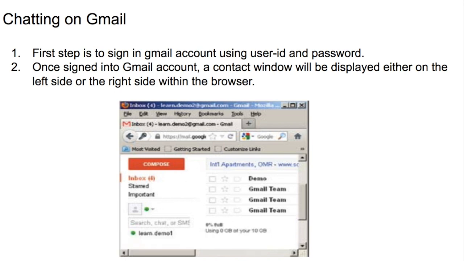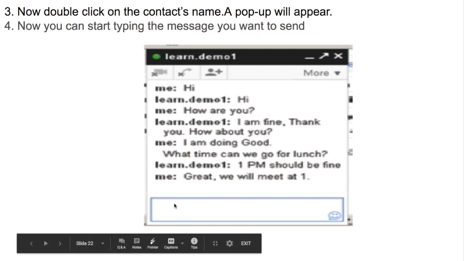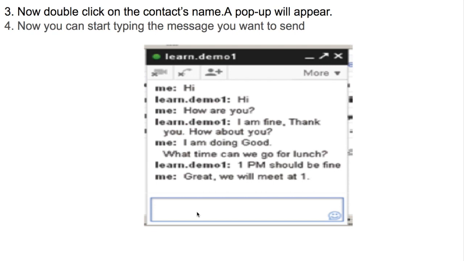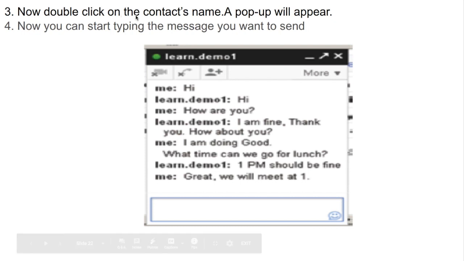You can click on the green symbol, tap it twice, and your chat box will open. Like this. After tapping on the green symbol twice, your chat box will open and you can send the message right here. You can type the message and simultaneously you will get the response. I have explained the steps already.